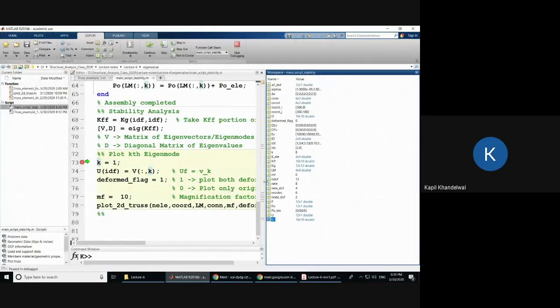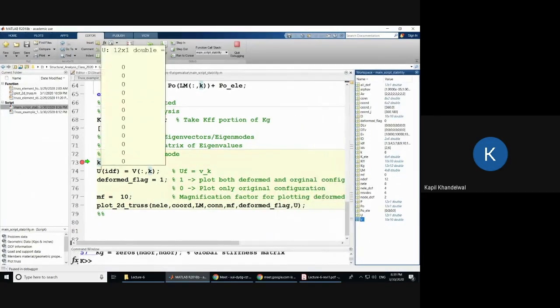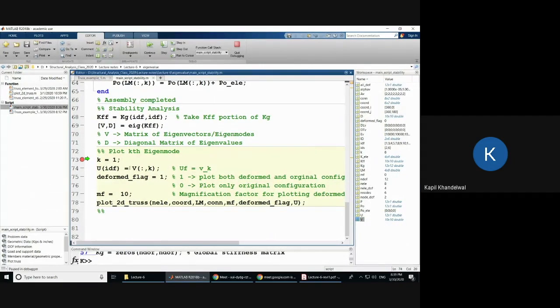And finally, I'm just plotting those eigenmodes. To plot the kth eigenmode, I can choose k equal to 1 to 10, whatever number I want. And then I'm just saying UIDF is equal to the kth mode. So I am just choosing the kth column from that V matrix. And this is how I can plot the kth mode